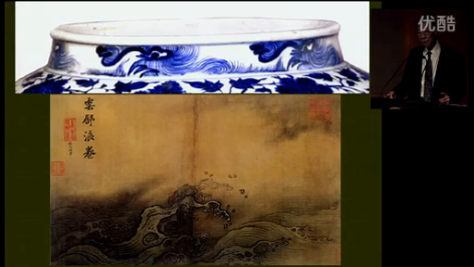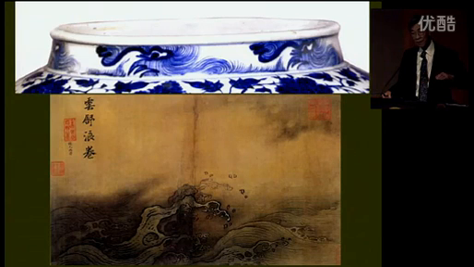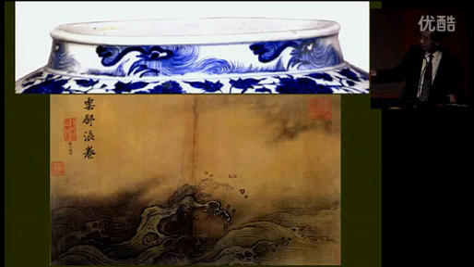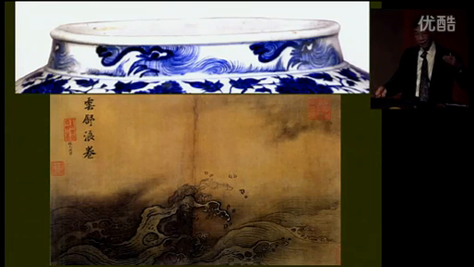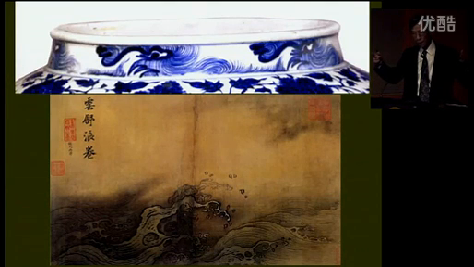And not only would you find paintings of water in its various states, from more or less calm, gentle ripples to big breakers, in every mood, and you would find it not only painted on paper and silk, but you will also find the same pattern on screens and on the walls